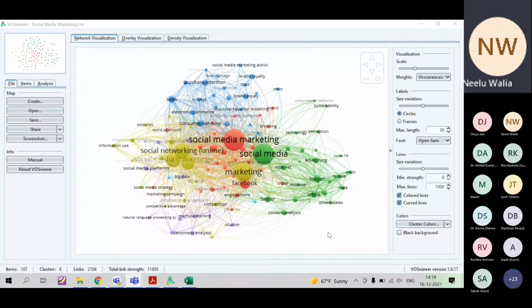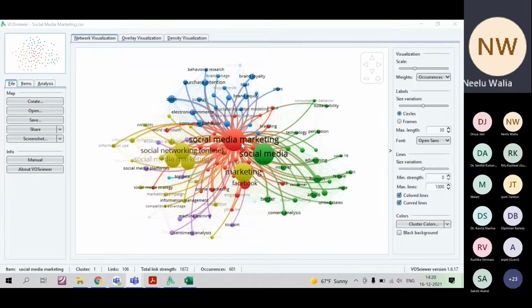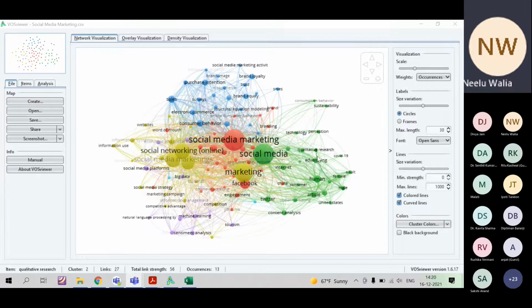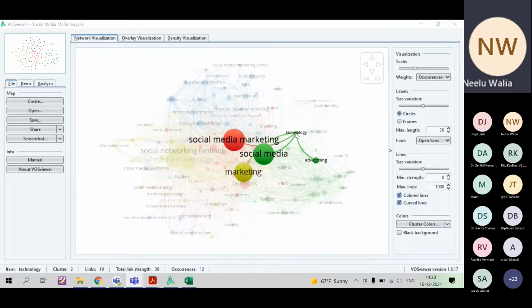Okay, and bibliometric analysis will also help you to know the variables. These are the factors also we can say. But the problem here is that how these factors are related with one another will not be provided. The network is only showing that the people who are writing the paper with the keyword, let it be technology, they are using social media marketing, advertising, and social media marketing.